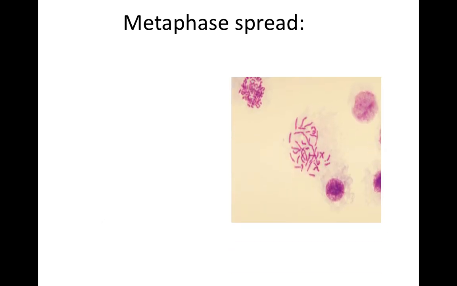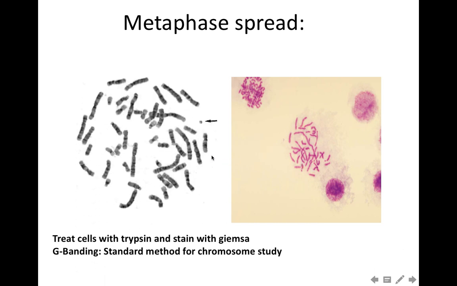So here is the metaphase spread of one of these. These are other cells. These cells are in interphase, and this cell has its membrane ruptured by the hypotonic salt solution, and the chromosomes spread out beautifully, so they can be examined as such. Now we get this picture after taking it by a digital camera, and you can see that the chromosomes are